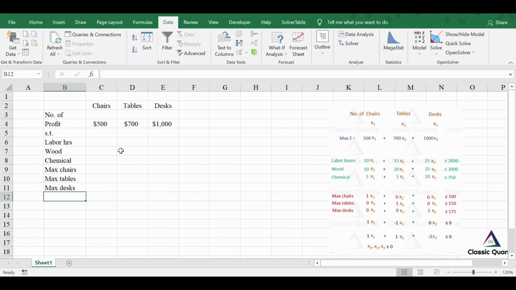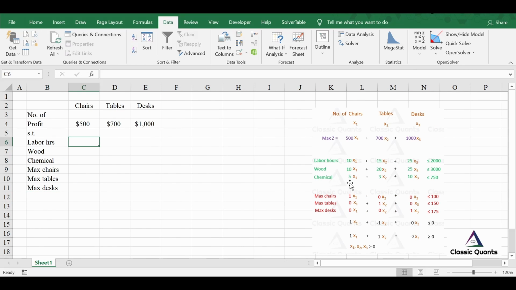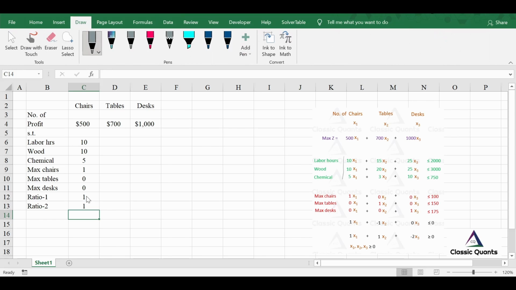Then you enter this exactly as per the formulation, like see numbers are here 10, 10, 5, 1, 0, 0. These are two special constraints, ratio 1 and ratio 2. Those were there, 1, 1. So what I have done here is simply written this particular column here also, in the same order.